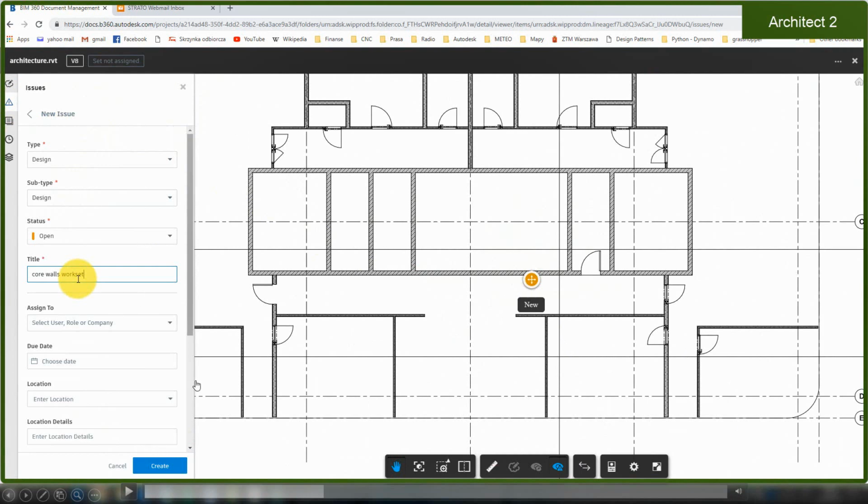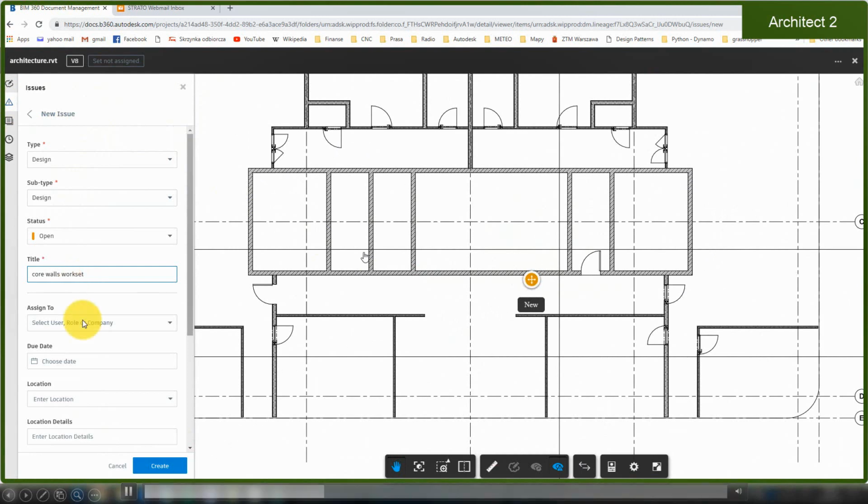So if you make this pin using mobile devices, because again we are here on the cloud, this model in such detail, in such quality, can also be viewed on a telephone or on a tablet. And almost every modern telephone is equipped with a camera. So you can go to the construction site, open your Revit model, create a pin, take a picture, and this picture will be attached to this location, and then anyone can see what happens in this location in reality, but with a picture linked to the